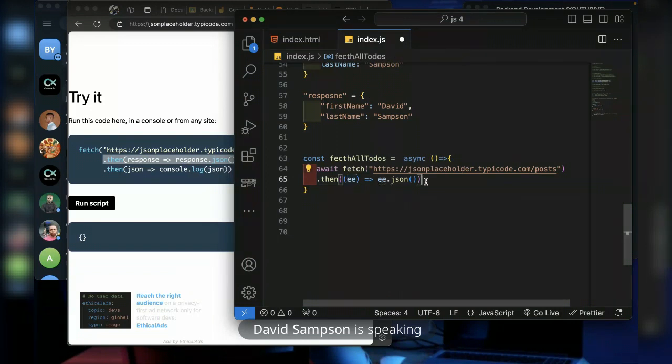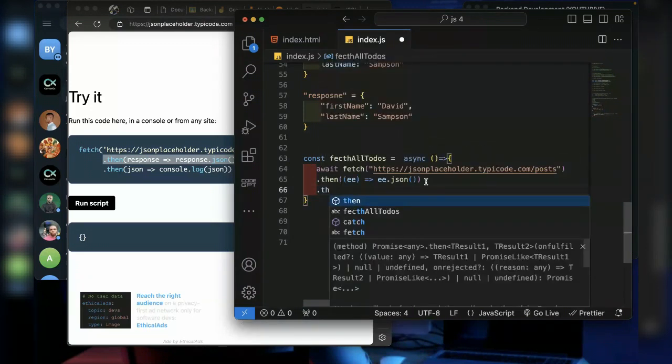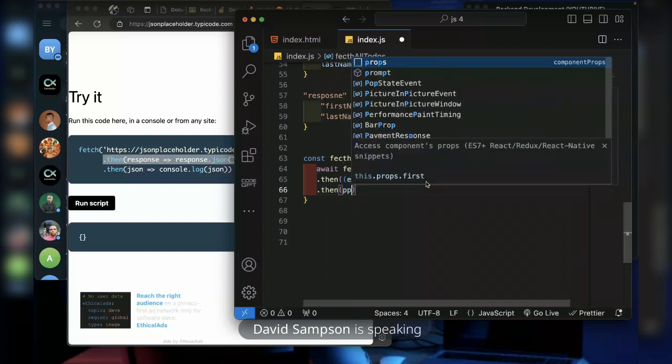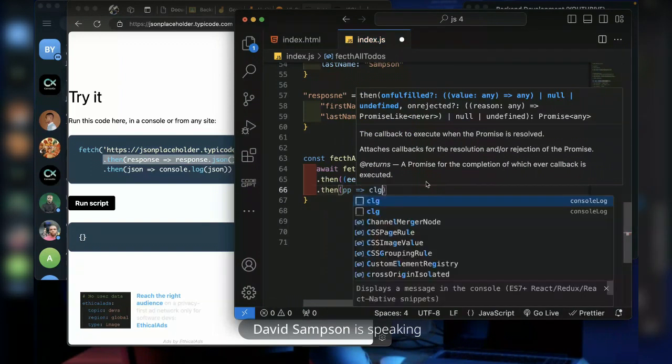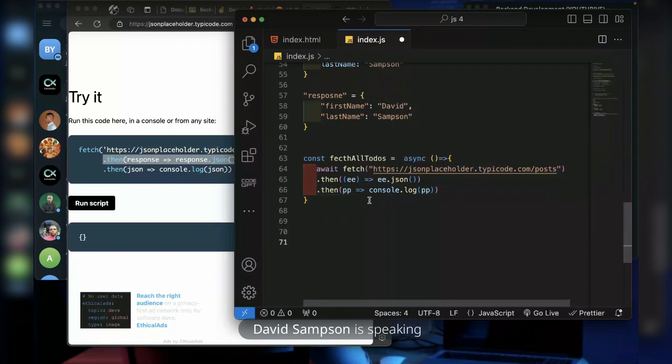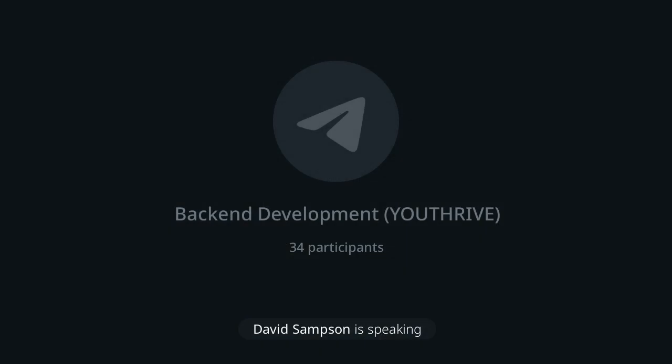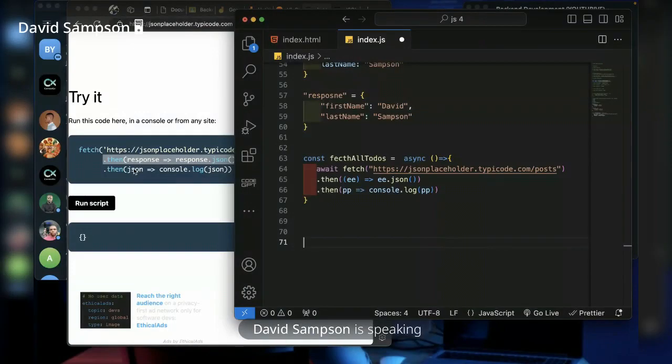So when you convert it, you then say .then, whatever you want to call the object now, you write it there. I say console log the object, which is a PP. So I'm just trying to show you that these names here, response and response, they are not coming from JavaScript. You can call it anything. Then this JSON here is not because it's JSON. You can call it anything like this. So this is how you make a GET request and you save it.